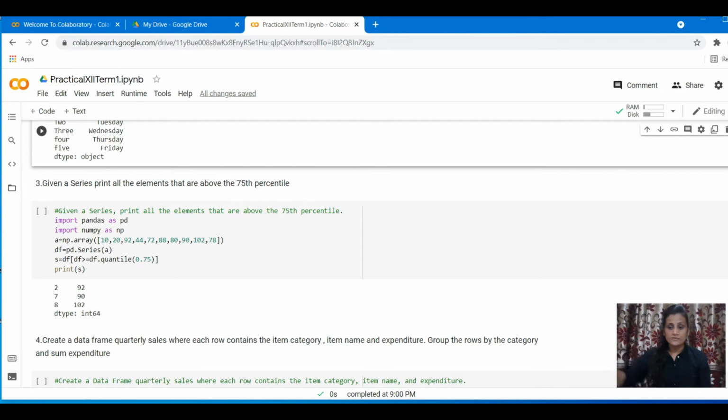So this is the range we are trying to find. I'm going to give you a very good example later on when we do the project. When you do analysis of any sales, this is something which is used mostly. So here, again I have written import pandas as pd and import numpy, which is already done.